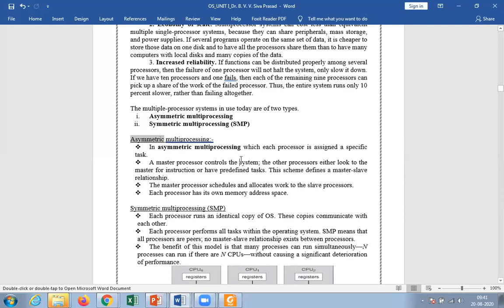For each and every processor, a specific task is assigned. A master processor controls the system. Among all the multiple processors, there is one master processor. This master processor is going to control each and every concept of the system. The other processors either look to the master for instruction or have predefined tasks.